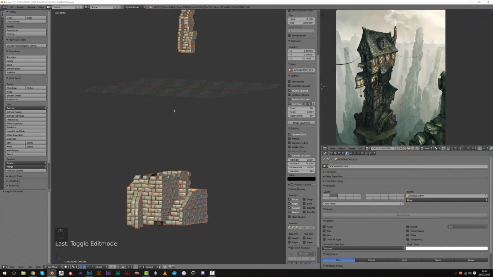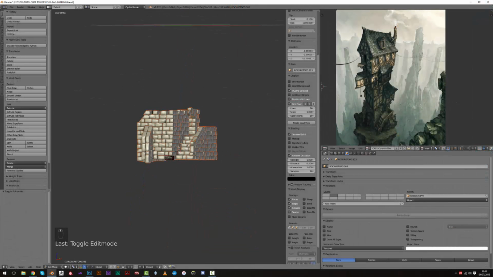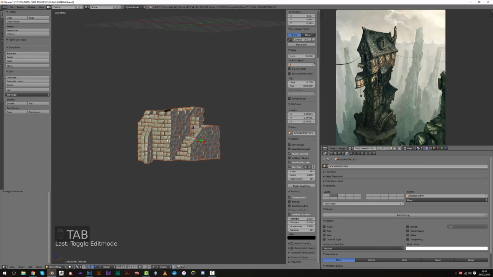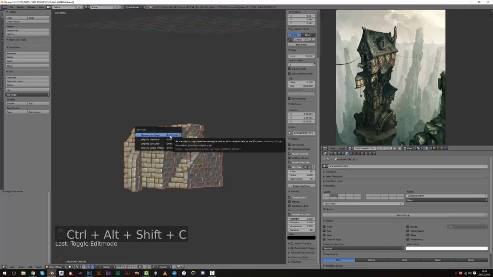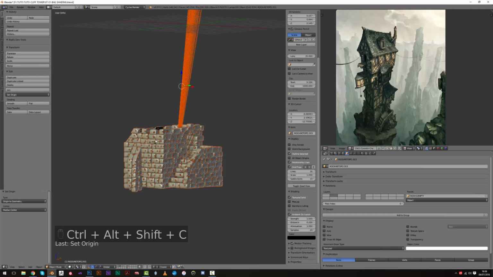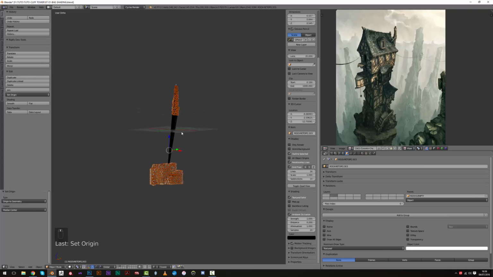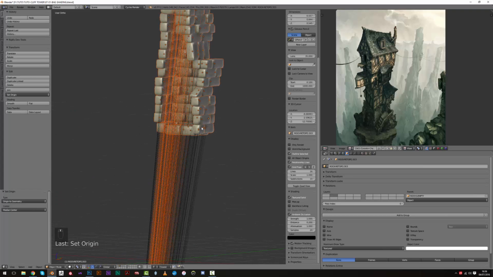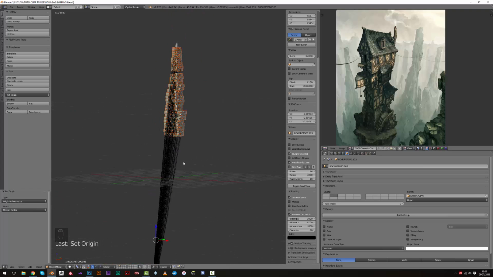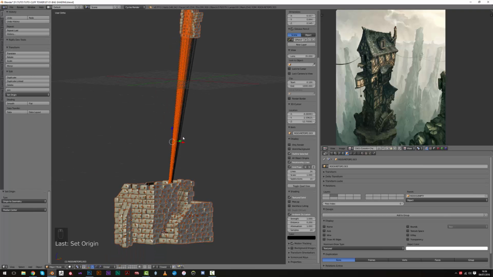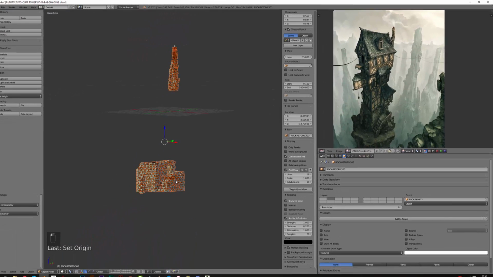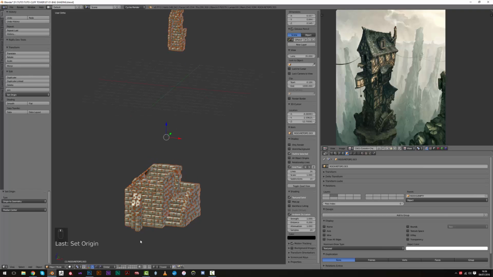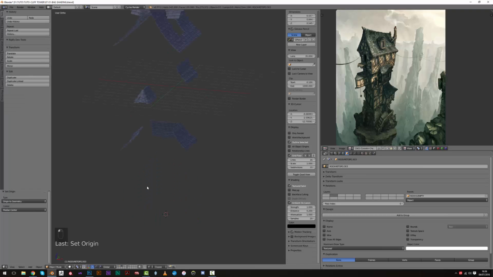So it took a few minutes to calculate this. I can get out of edit mode, and with all selected, press Ctrl Alt Shift C, origin to geometry. So now all of our bricks have their origin inside the median point of their geometry. I will uncheck the relationship lines here, which make the scene a bit messy, and I will repeat the process